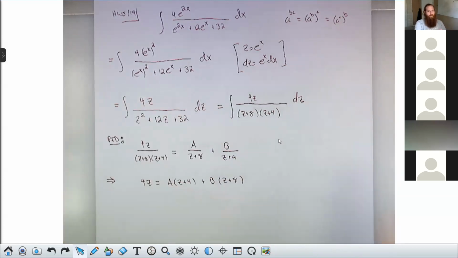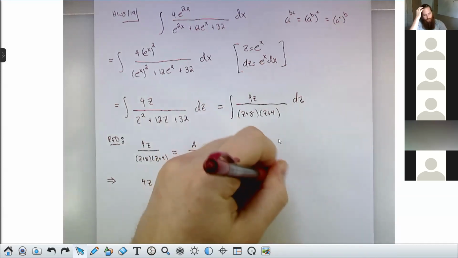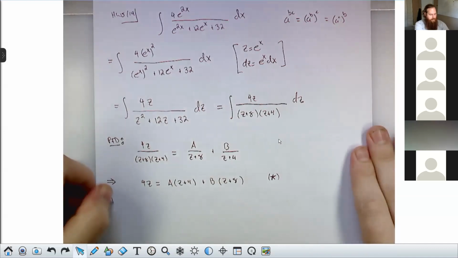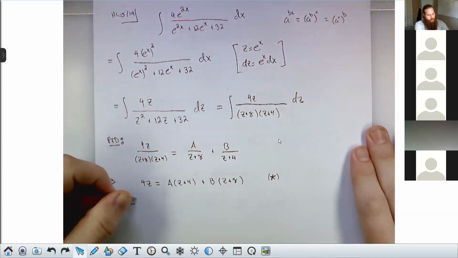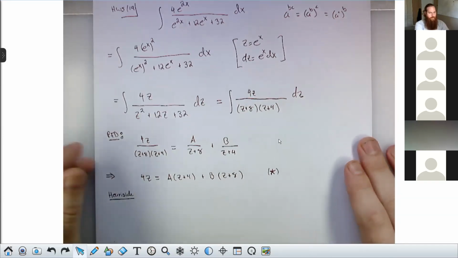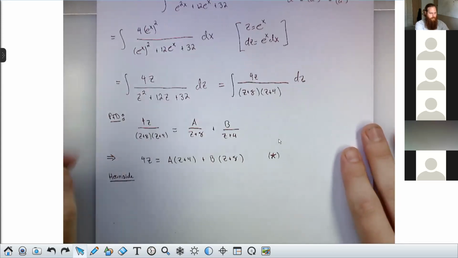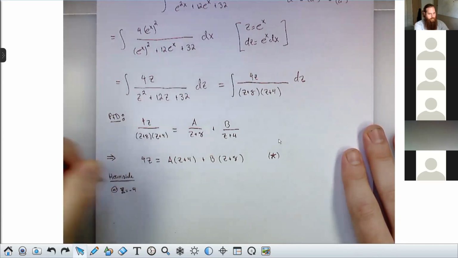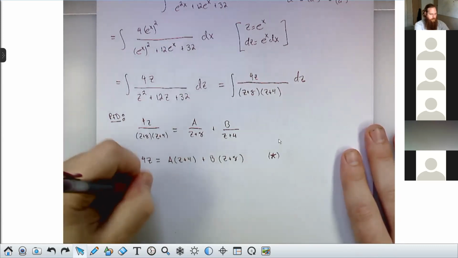When I clear the denominators, I'll get this. This is the expression that we've been calling star. And I'll get everything from Heaviside. Because I don't have any repeated factors or irreducible quadratics, I can evaluate star at z equals -4. Oh, sorry, z, not x. Z equals -4. Star becomes